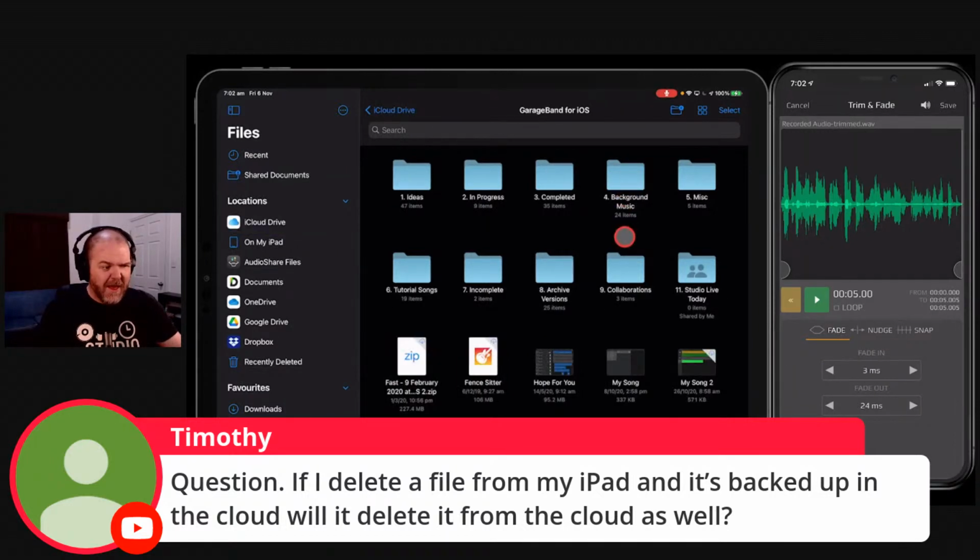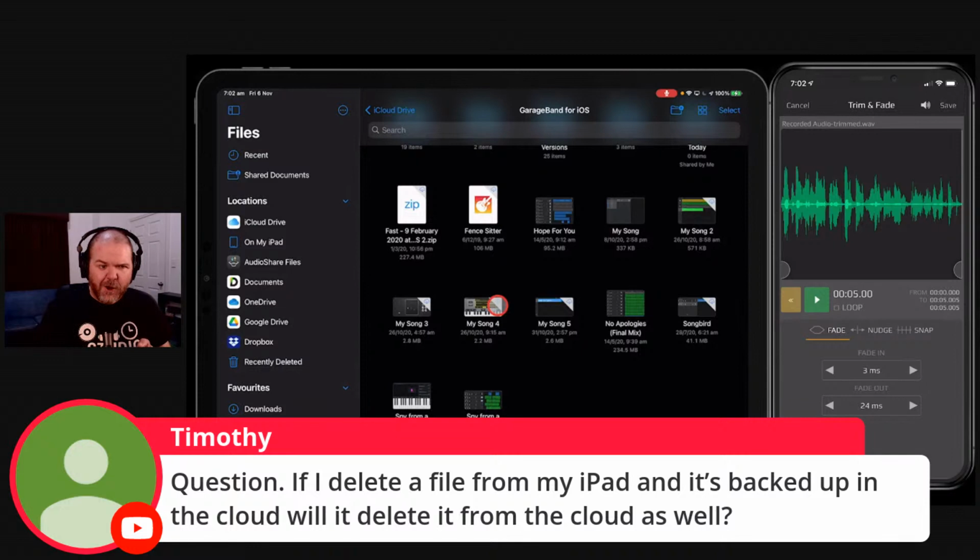So notice that what it will do is automatically offload. You'll notice that some of these files on my iCloud Drive have the little cloud icon, which means they're saved in the cloud, but they're not on my device. Some don't have that. Now, in a perfect world, what you'd be able to do is say, I didn't have room for this No Apologies final mix, so I should be able to manually offload this one. And look, if someone's watching this and screaming, Pete, you can do that,